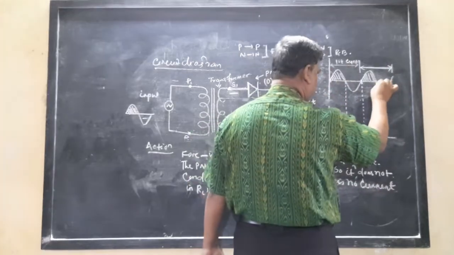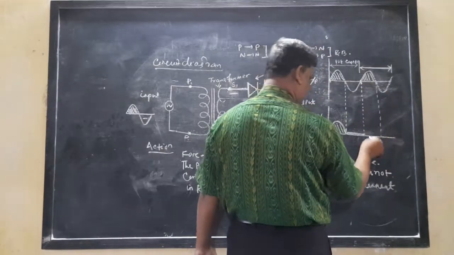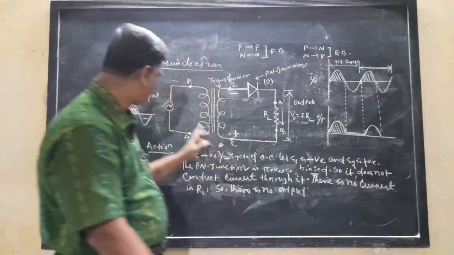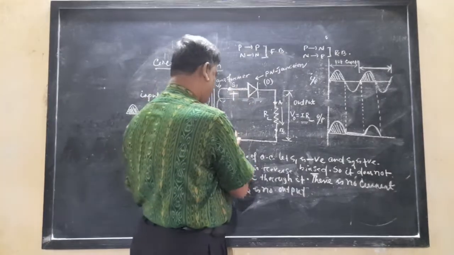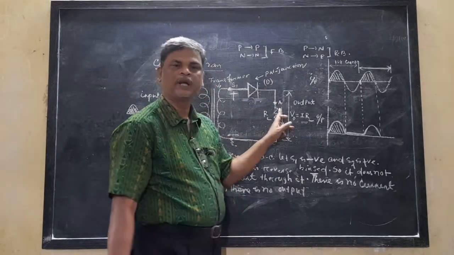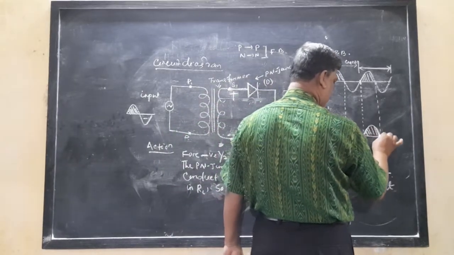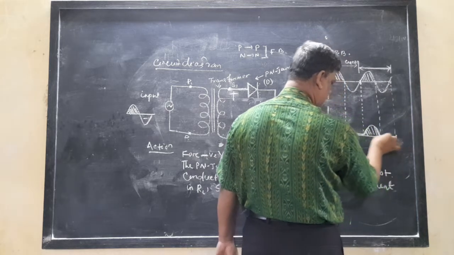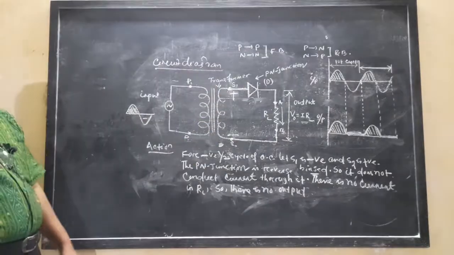Arthat, again, for the duration of the positive half cycle, there is an output, and then for the second cycle, the positive, it is negative. For positive half cycle, again the current flows from A to B. And for negative half cycle, there is no current, or there is no output. Only one half cycle of AC is converted to DC.